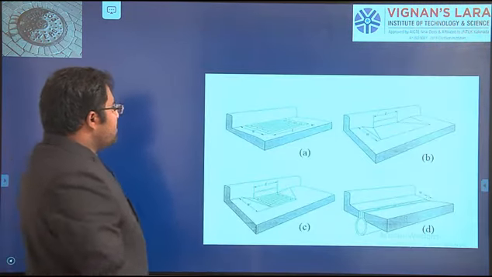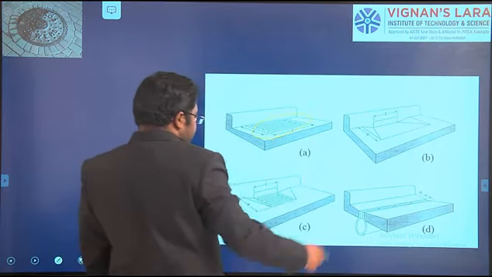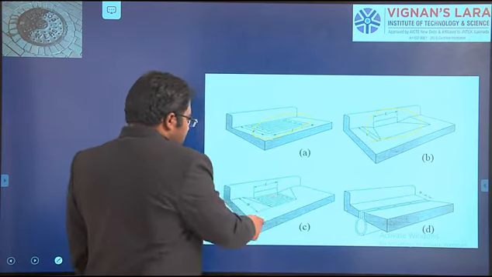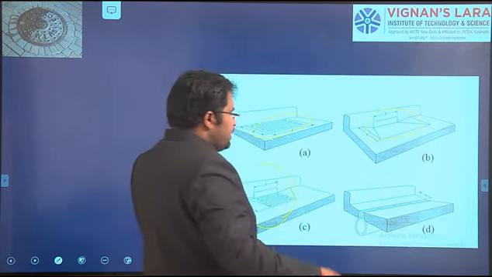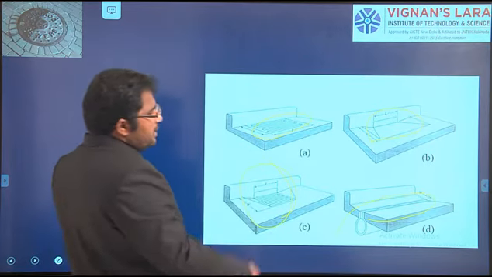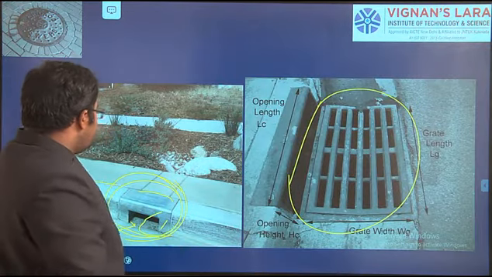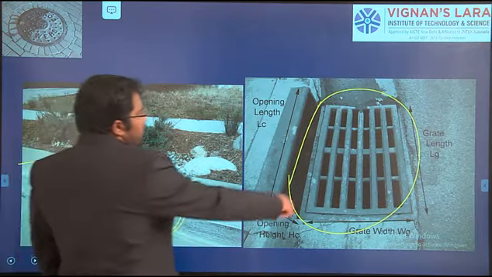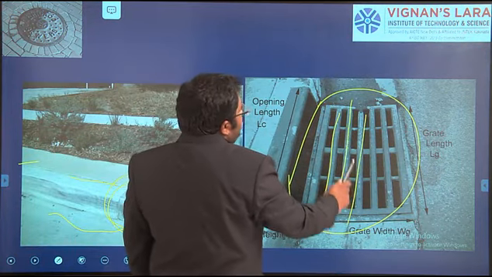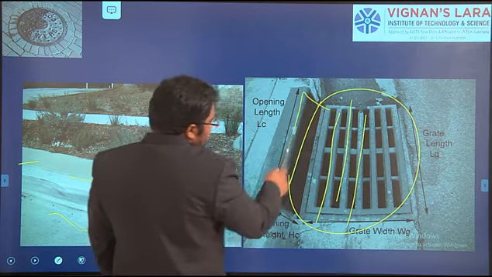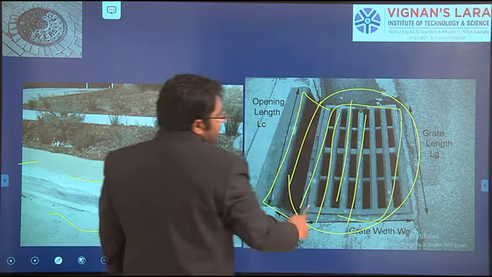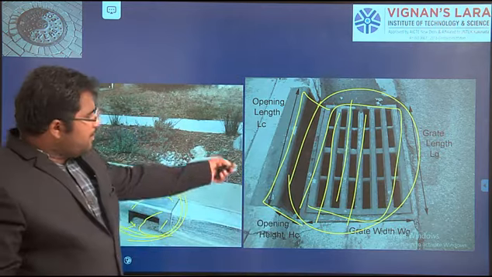Now we can see this is the horizontal, this is the curb, so this is the combination of both. Sometimes it may be located like this. So like this we have different types. This is the curb, this is the gutter or grating. These are the gratings, so we are using both. Now you can see this is the curb, this is the gutter, both are there. That is combined.